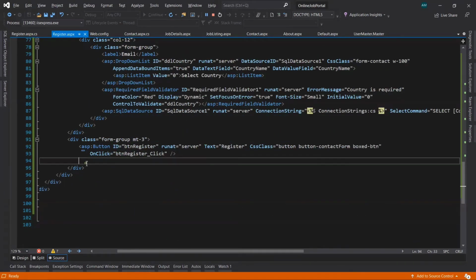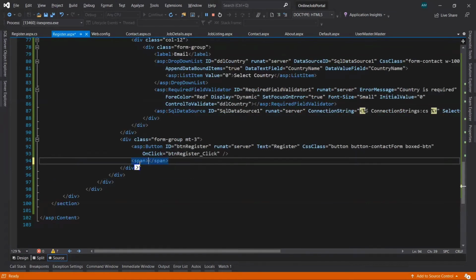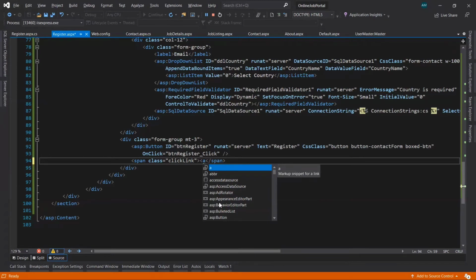Okay, so here we'll take one span tag, span, let's add class click link, and then let's add an anchor tag inside, with href.